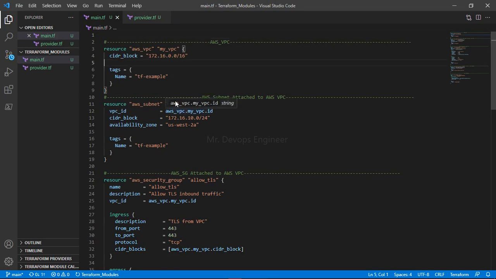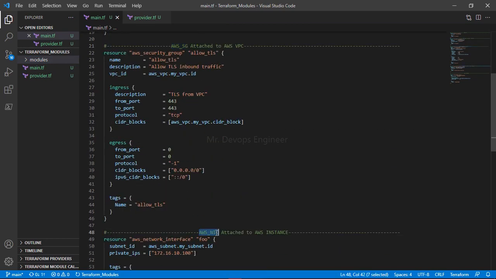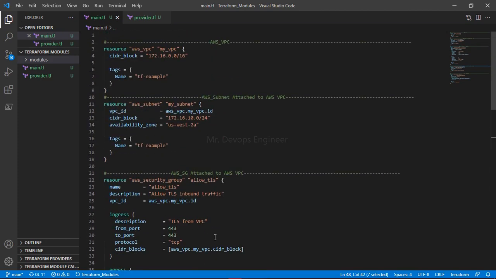Now our task is to create modules, right? So how do we do that? For that, what you have to do, just create a modules folder first. Once you have created a modules folder, you will do what? In a real-time project, all these things like your VPC, subnet, AWS interface, AWS security groups, and NIC card all come under one folder. Okay, because these all are related to the networking section.